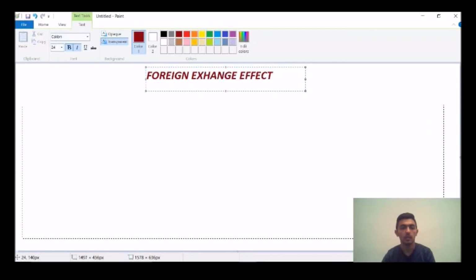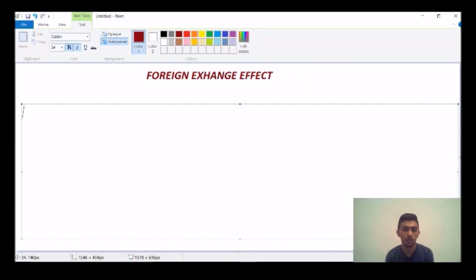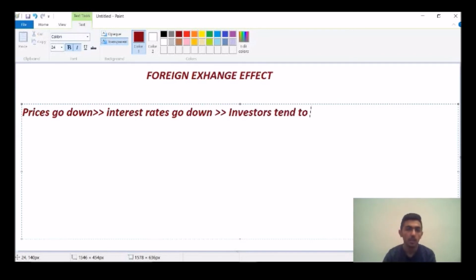So let's say a situation once again where prices went down. Based on the line of reasoning and justification, we said if prices go down, then interest rates go down because there is more money to be lent in that economy, in that currency. If interest rates go down, investors might say, I only get low interest in my country. Why don't I convert my money into other currencies where I can get high interest rates? So if interest rates go down, people convert out of the